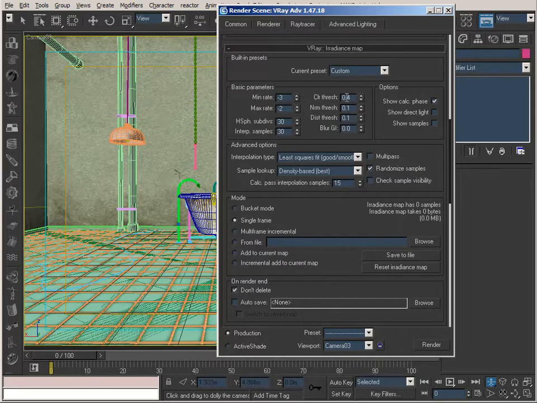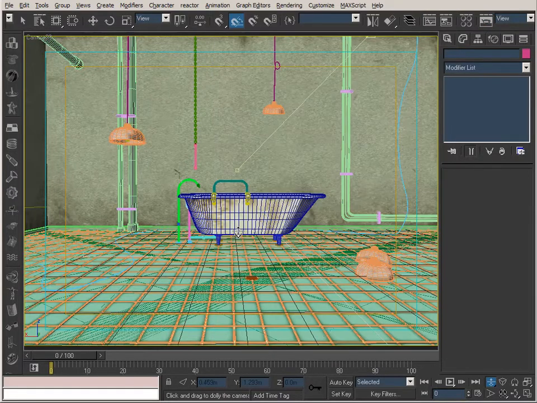The reason I did that is a key thing. These grout lines, which I physically modeled, these aren't done with a displacement. Actually, Eric and I modeled these. Quite a bit in terms of making sure that normal threshold down. That helps quite a bit in terms of making sure that picking up the samples in those little zones in there. Okay, so now we've got that, and we're going to do a test render of our